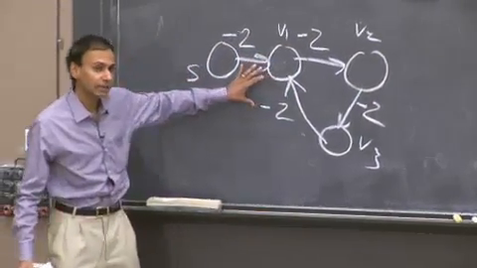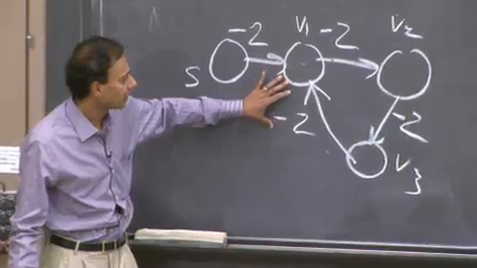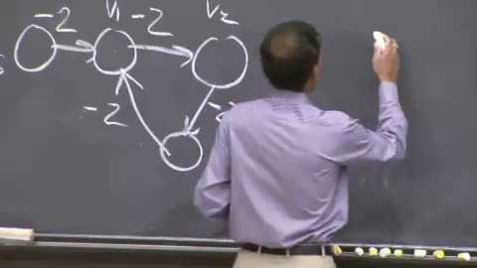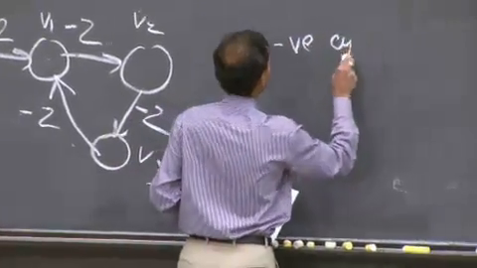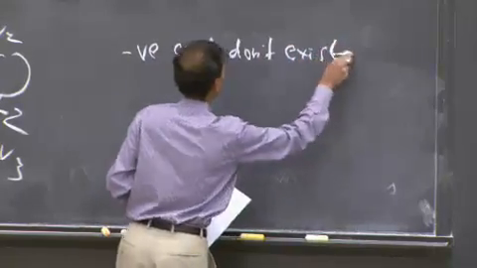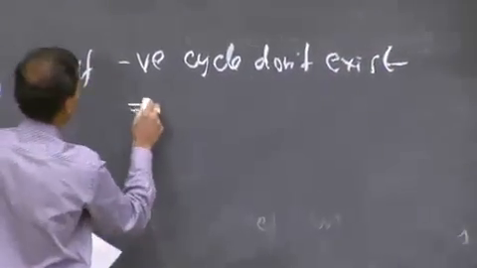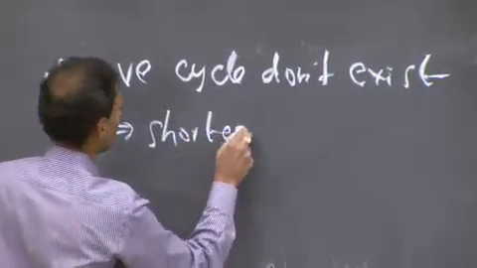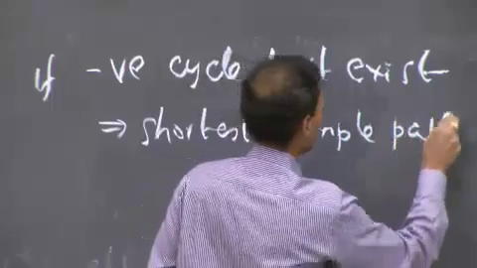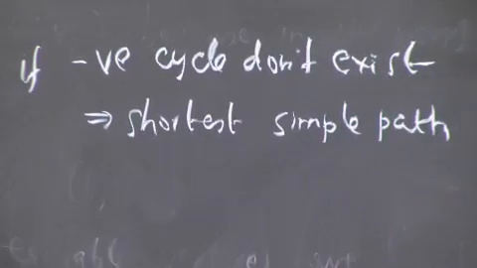Now, it turns out it's actually more subtle than that. What we're trying to do in Bellman-Ford is, in the case where negative weight cycles don't exist, we report on the shortest simple path. That's the whole notion of the proof. We say that the path has a certain length, which is at most V minus 1, and so on and so forth. We get the shortest simple path.